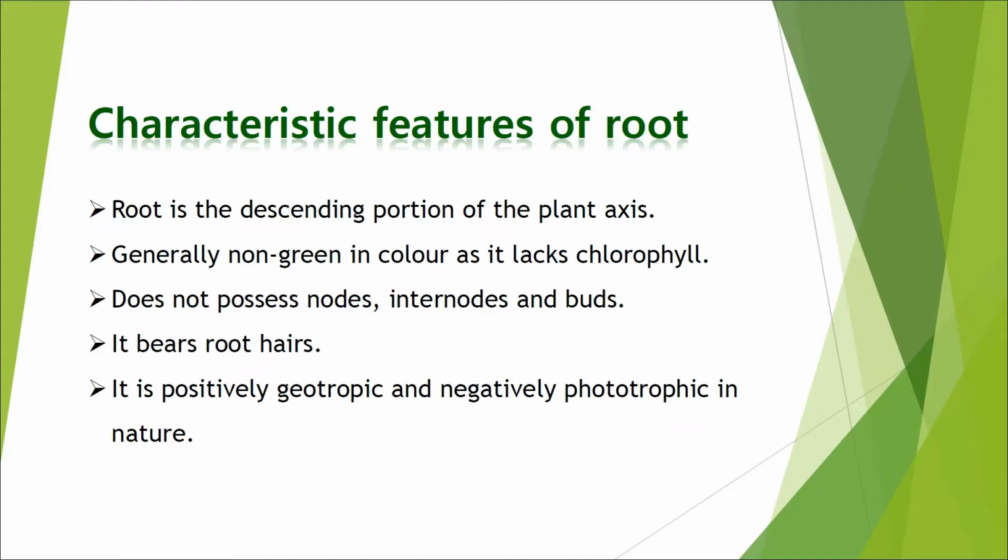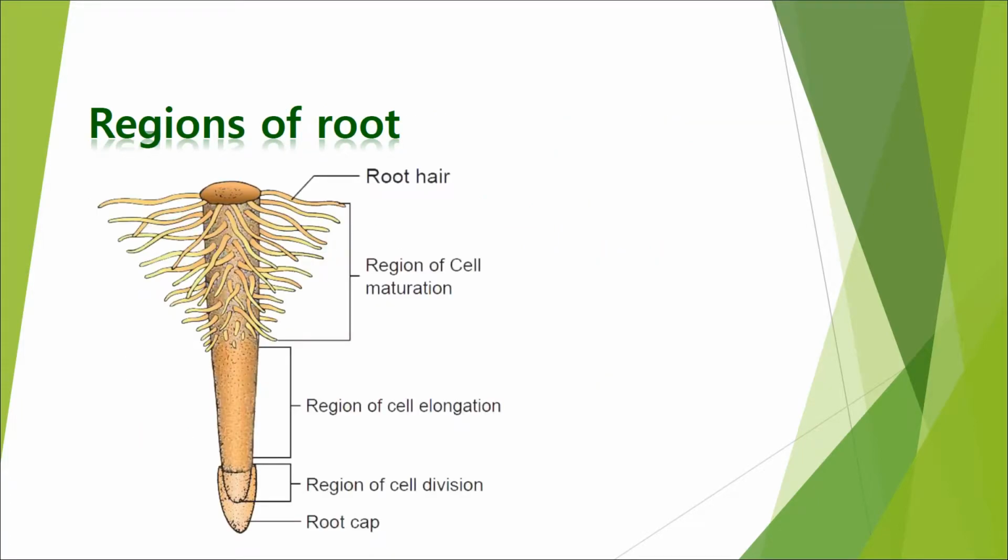What are the different regions of the root? The root tip is covered by a root cap, which is a dome-shaped structure made up of parenchymatous cells. This is the root cap. This root cap protects the meristematic apex of the root. In a plant called Pandanus, multiple root caps are present. Many root caps will be there. In Pistia, instead of a root cap, it has a pocket-like structure called the root pocket.